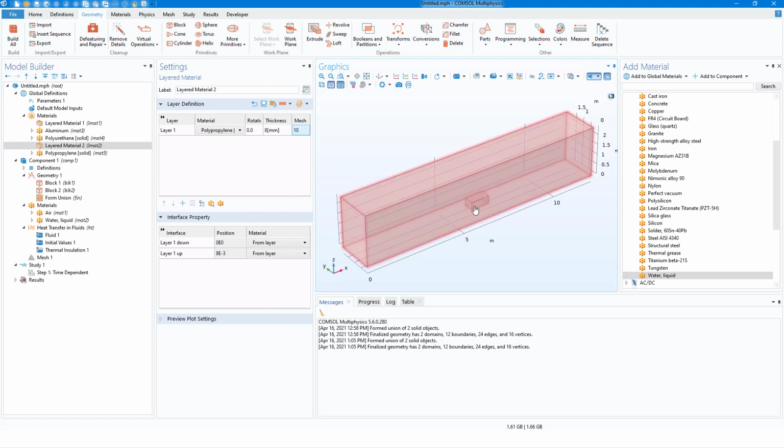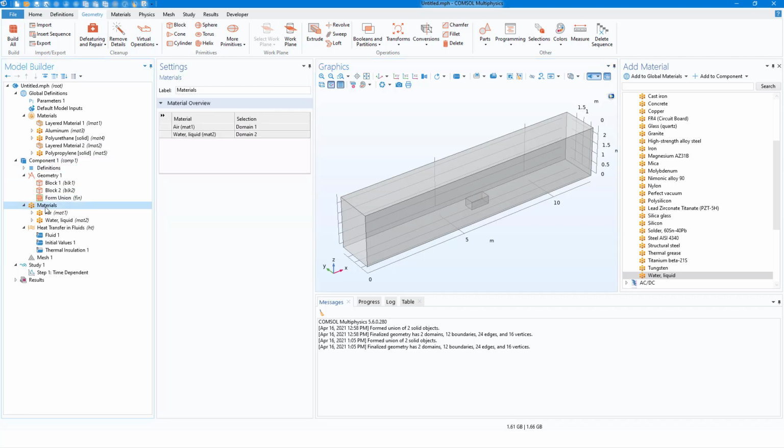Now our layered material is made. Now we need to add this layered material to our domain to make the thermal insulation or the wall. To do that, I'll go to the component section, material, right click on it and layers, and layered material link. I will link the layered material I just made a moment ago to these domains. So let's click layered material link,